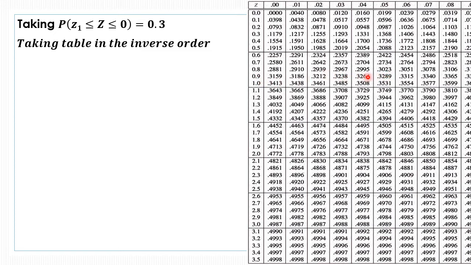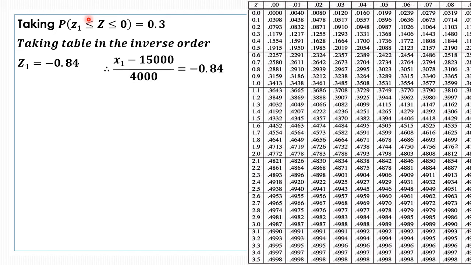Now 2995 is naturally very much closer to 0.3, while 3023 is a lot farther away. So we will take 2995 as the nearmost value to 0.3, and the z value for that is 0.84. Now naturally this z1 is in the negative corner, so it will be negative 0.84. We know from the previous slide that z1 represents (x1 minus 15,000) upon 4,000, which is negative 0.84.